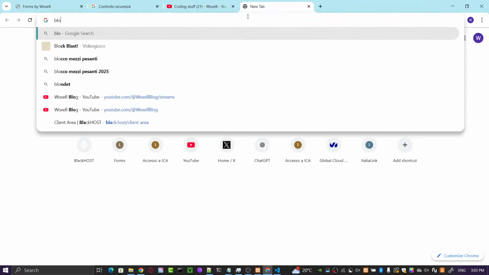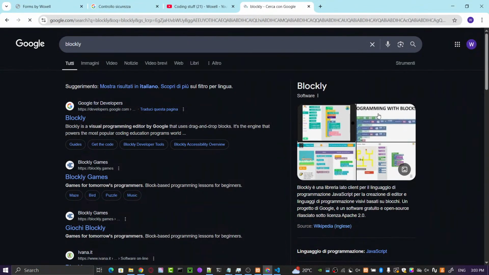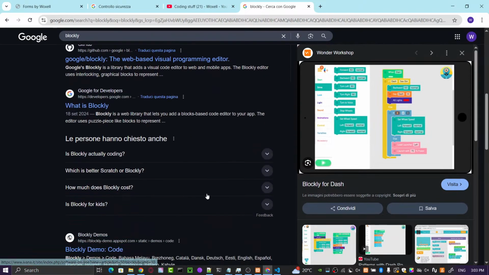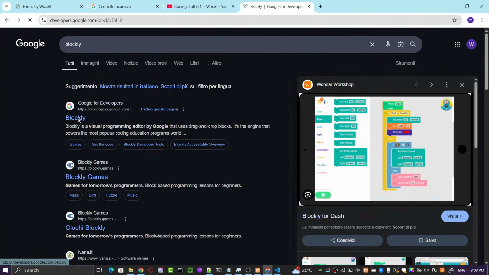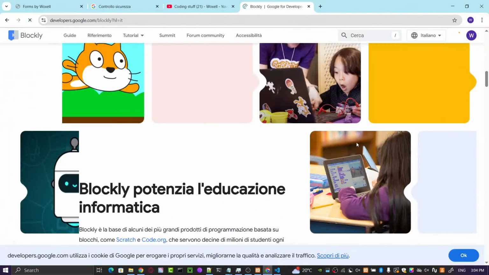I use this library here, made by Google. It's open source. You can use blocks, like Scratch-style blocks, to create some custom stuff. And the interesting part is that Blockly is also used by Scratch. Wait, hold on.